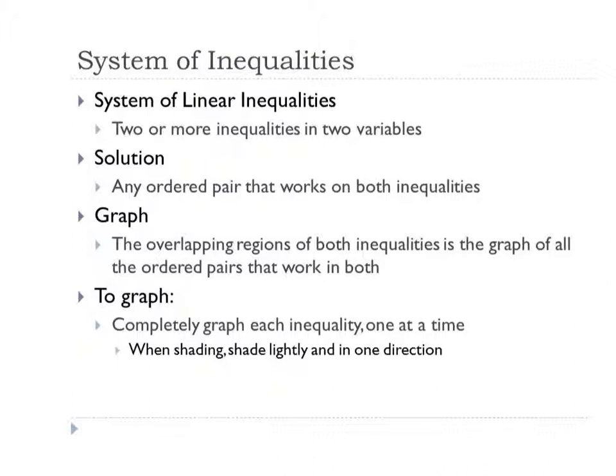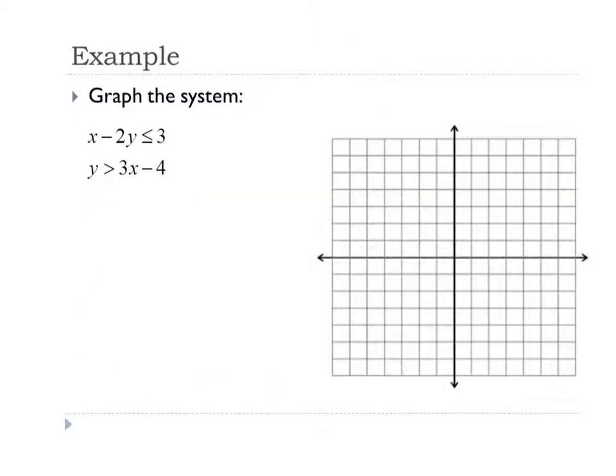To graph it, you're going to graph it just like you graphed one linear inequality. That includes graphing the line, what type of line, whether it's dashed or solid, and then doing your shading. So let's do a few examples. But first of all, remember you probably want to put the equations into slope-intercept form, or you're welcome to use your intercepts, and you can change it to equals because it's going to be the